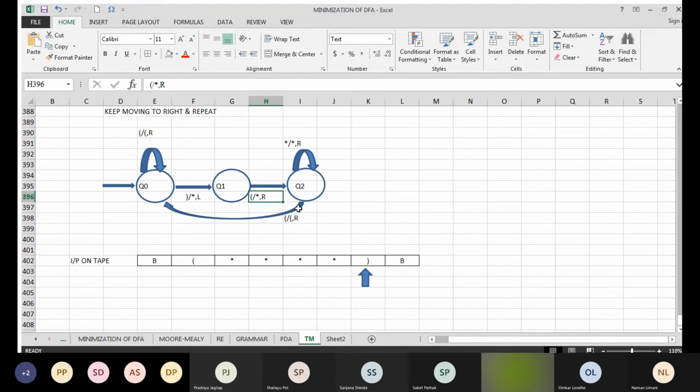Yes, this is okay. So if right parenthesis is immediately found, that should be converted into star. So this transition is already defined here. So in Q2, we will add the transition